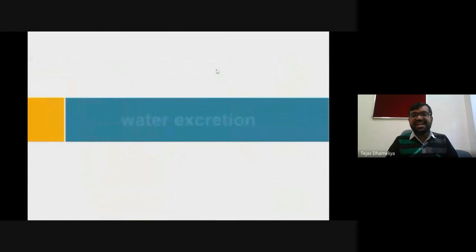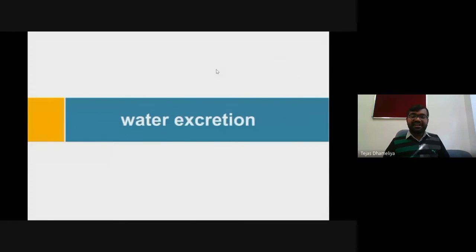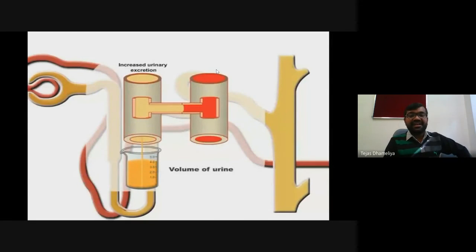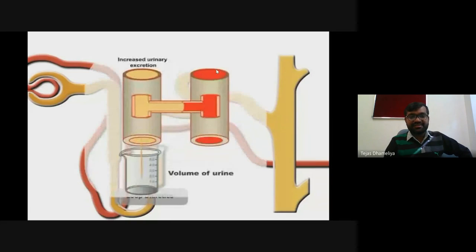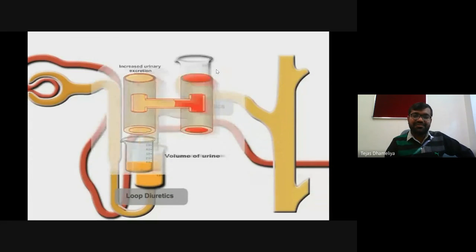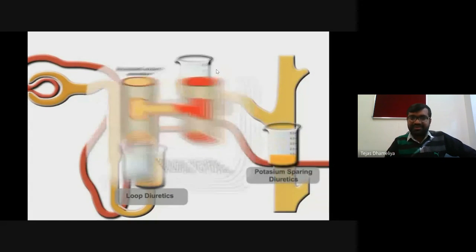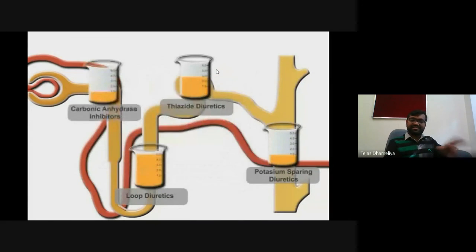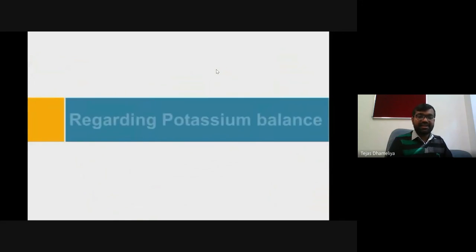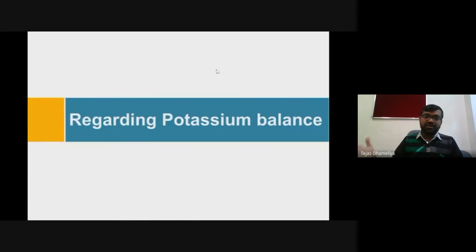Then it comes to thiazide diuretics and loop diuretics. So all of these diuretics basically cause the excretion of urine. Loop diuretics are one of the potent diuretics among this. Then it comes to thiazide, chota sa urine, little amount of urine. Spironolactone, little amount. Acetazolamide and potassium sparing both are equal. वो जो बीकर में था ना, वो यूरिन करके वो दिखा रहे थे which diuretics can cause abundant diuresis.